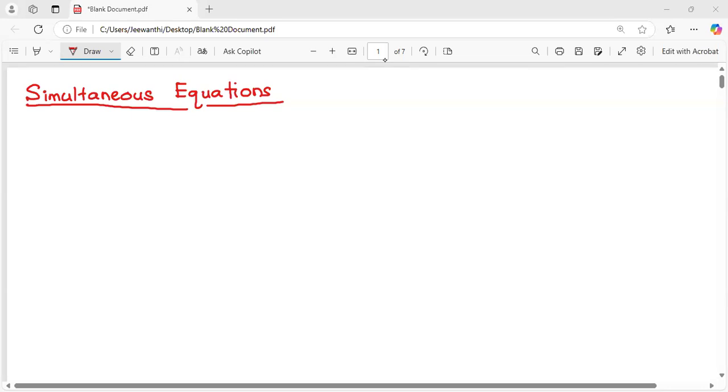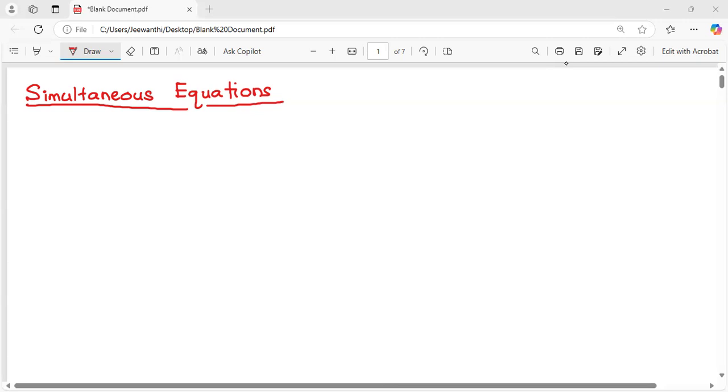Today we are going to do simultaneous equations. First of all, we want to understand what this means. Simultaneously means I am doing this and this, so something happens in parallel, right? Likewise, when you have simultaneous equations, you have two equations, and the speciality of these